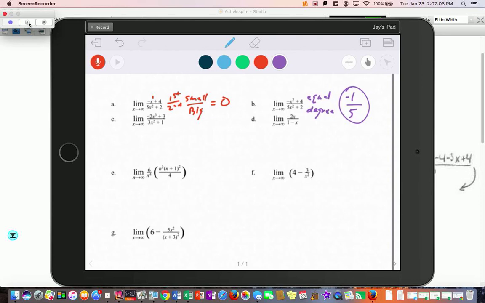All right, so hopefully you paused and you wrote in C and D. With C and D, I would say, oh, this is big over small, because I have a power of 3 on top and a power of 2 on the bottom. Now if I graph this on my calculator,